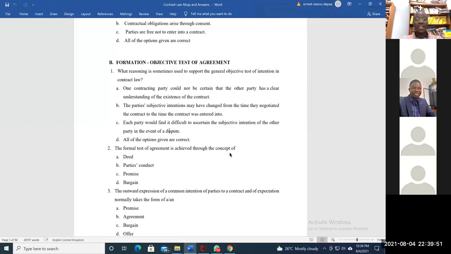So the question we were looking at before the line went off was, what reasoning is sometimes used to support the general objective test of intention in contract law? And the options are A, one contracting party could not be certain that the other party has a clear understanding of the existence of the contract. B, the party's subjective